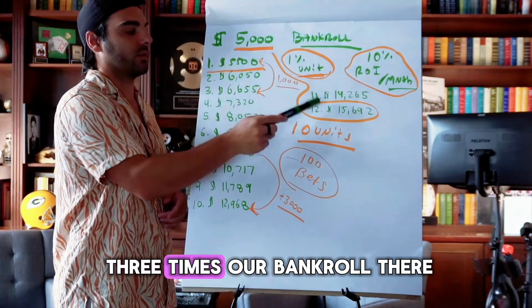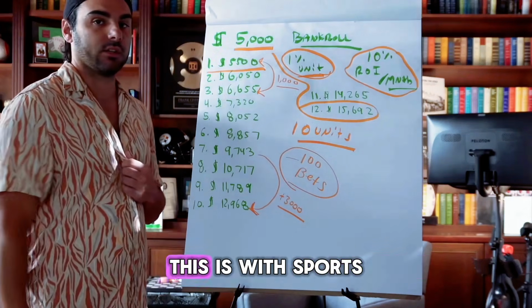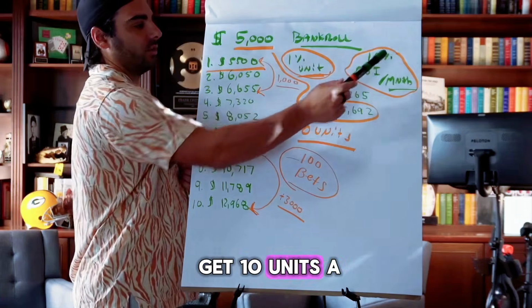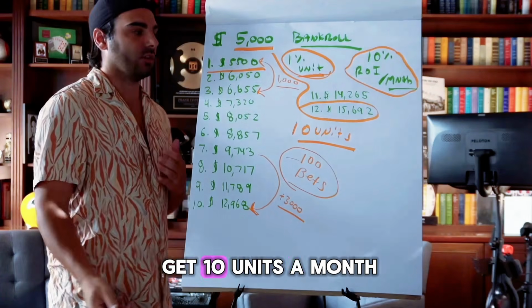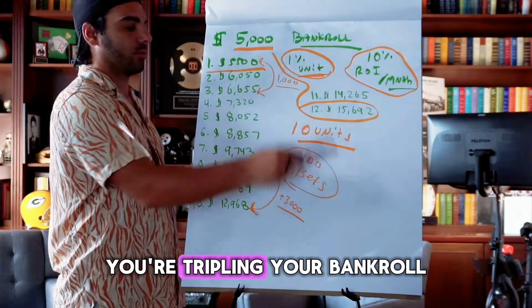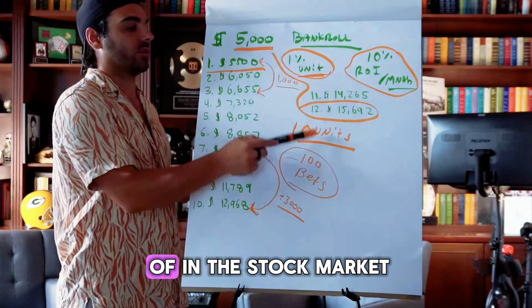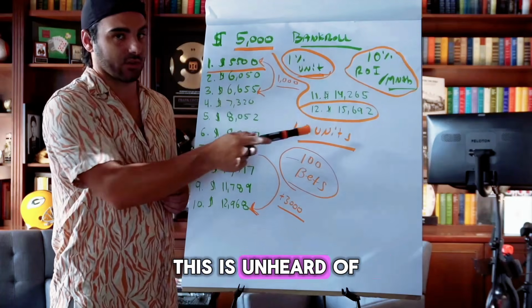So we 3x our bankroll there. This is with sports betting, just trying to get 10 units a month. If you could just get 10 units a month, this is what you could do. You're tripling your bankroll. This is almost unheard of in the stock market, because